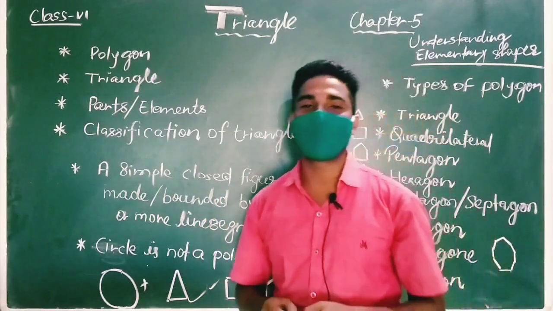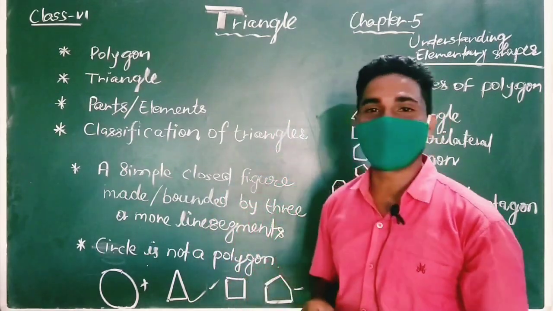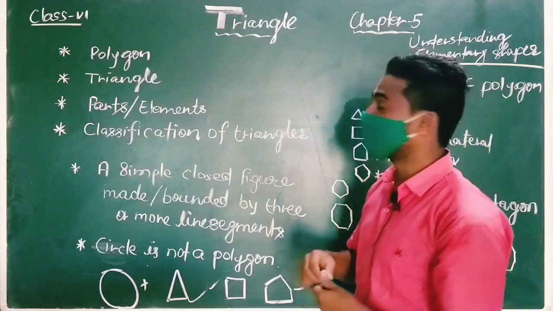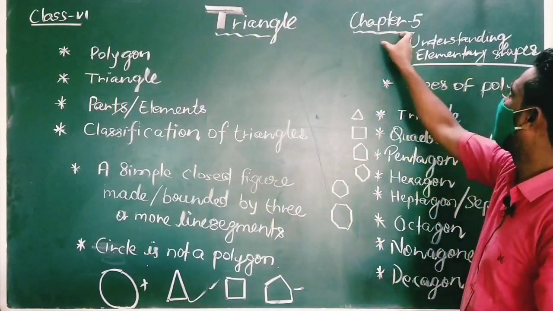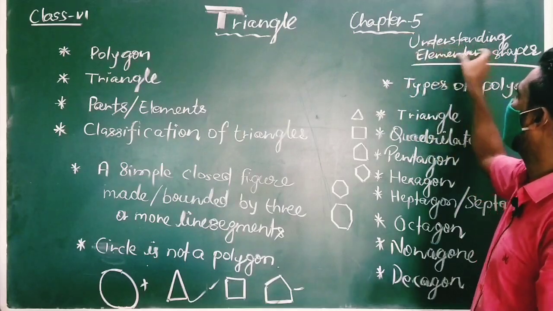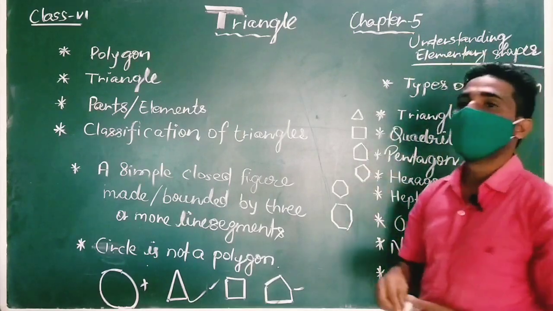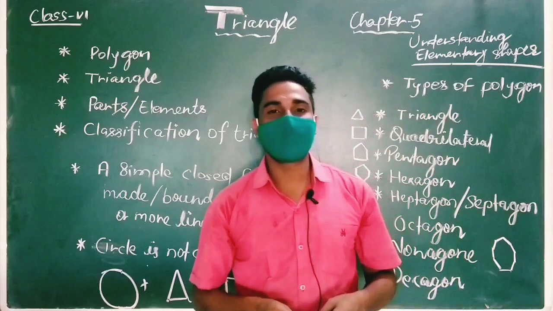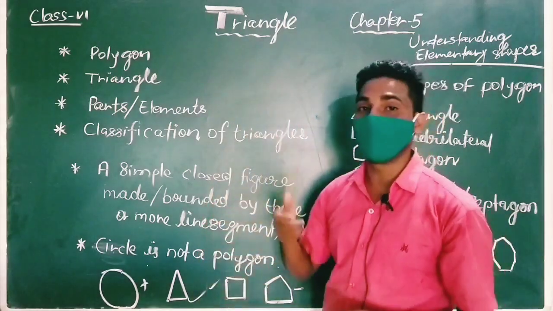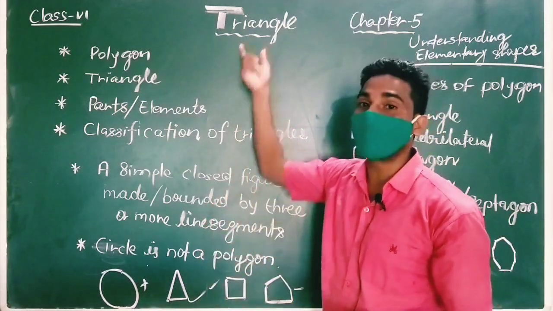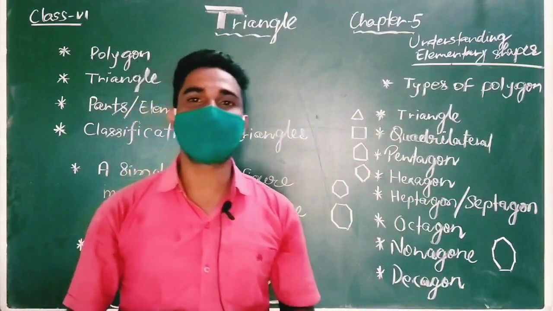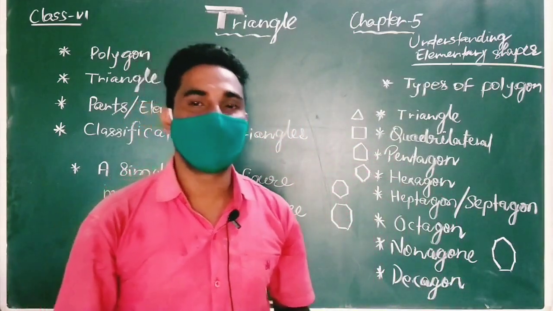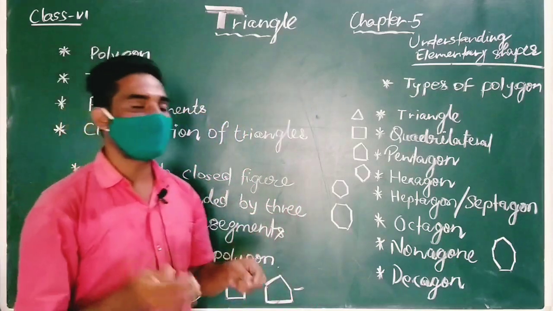Just have a look and pay attention today. What an interesting topic I have just brought for you all. It's written already. It is for class 6, chapter number 5, and the name of the chapter is Understanding Elementary Shapes. And this is the second video for this chapter, and in this video I am going to talk about triangle and their types. So students, you must have heard the name of triangle, but before discussing triangle and their